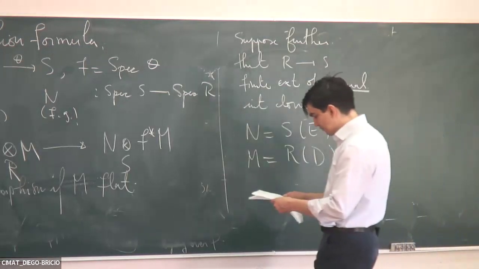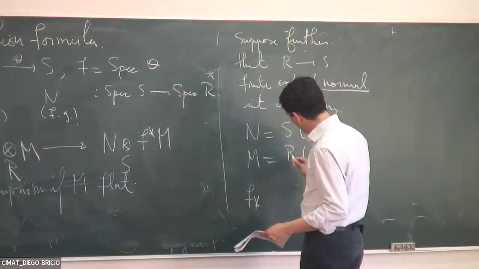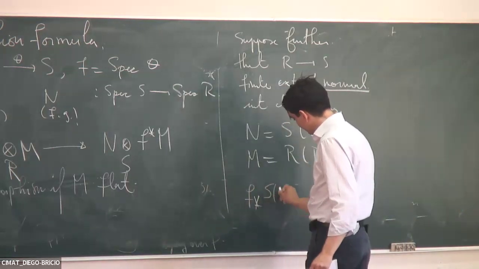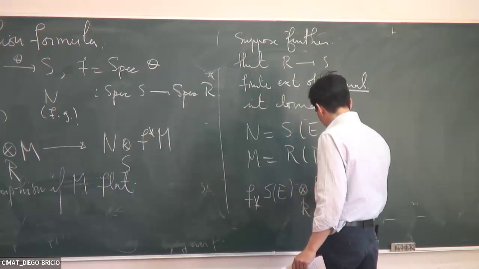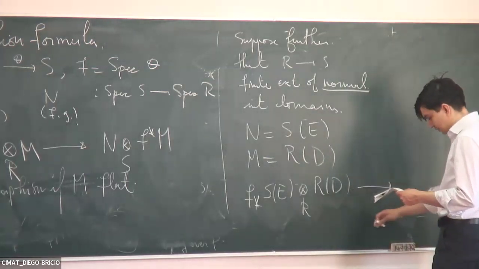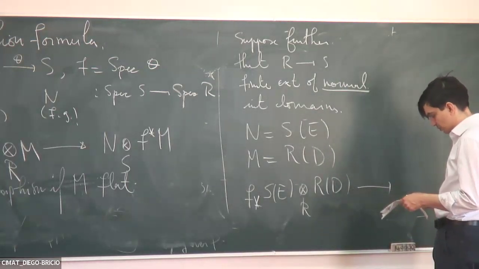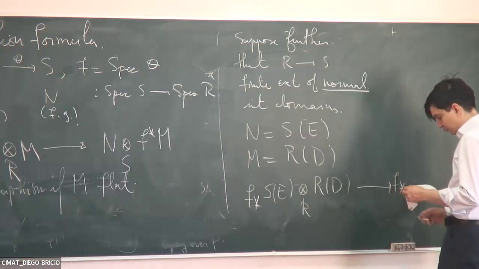So we have a map that goes from, we can push forward S(E), and we can go ahead and tensor it with R(D), and we can compare it to the Frobenius push forward